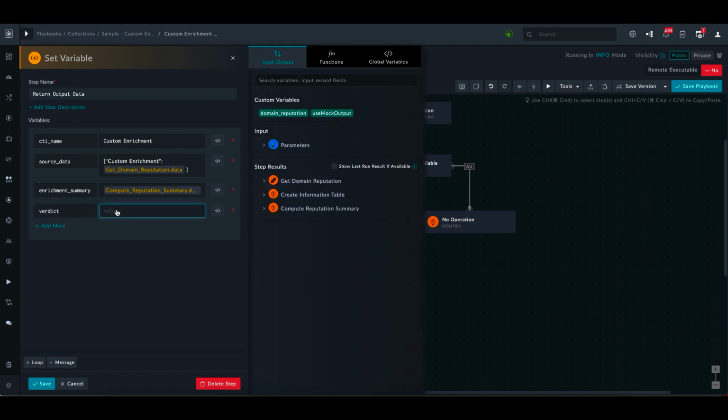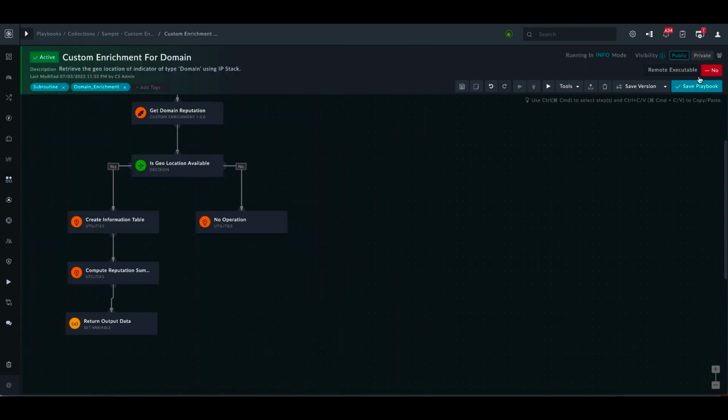the verdict, because IPStack just provides the domain information, but the document that I was referring to for building pluggable enrichment also mentioned that I could provide a verdict from a value called verdict that will be used towards building the overall verdict for the indicator. So let me build a verdict from, actually before that, I want to show you one more feature that I